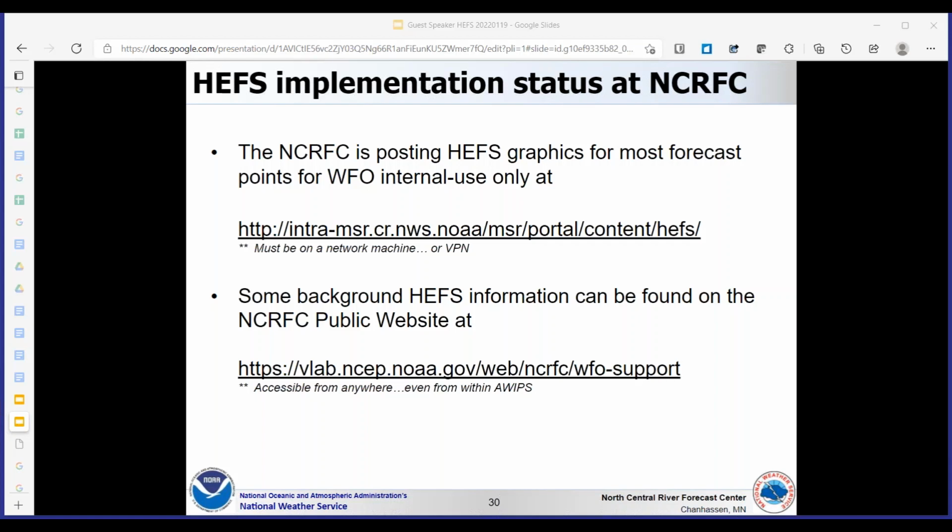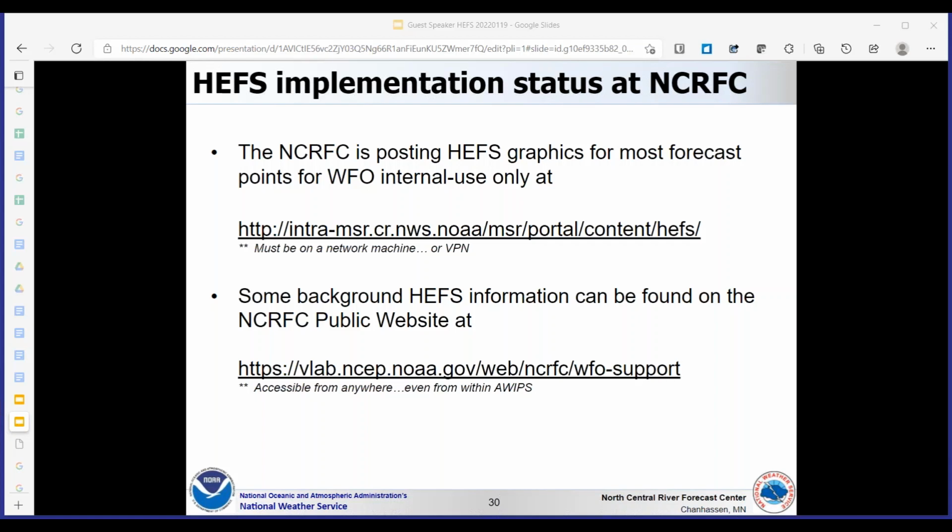So we're putting them here on our internet site. We don't want them all going to the public because they all haven't been validated yet. But we wanted to give the WFOs a chance to start working with them and seeing them, especially during the summer when there's lots of opportunities for rain events.